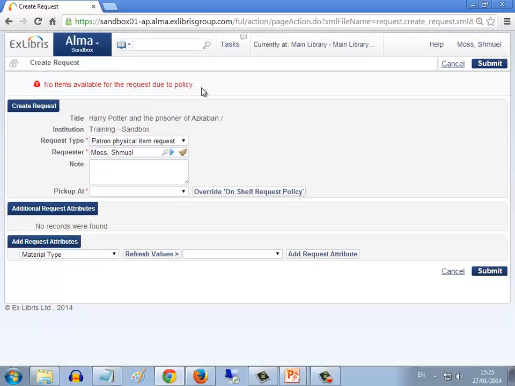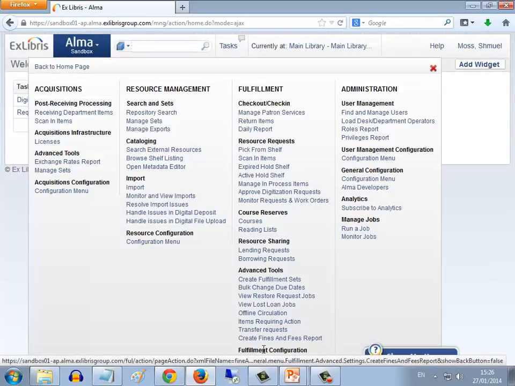There are, of course, additional configurations which affect the requestability of any particular item. We know, for example, that when an item is requested, it needs to be requested to a particular location. It could be that the locations that are available are simply non-existent. In other words, that there are no locations available due to some configuration issue. Let's take a look at that possibility. If we go back to our terms of use, the request terms of use,